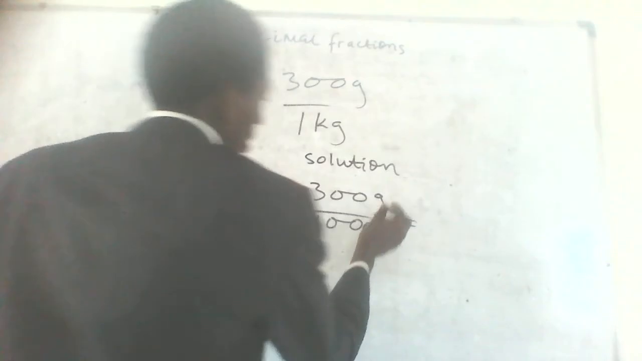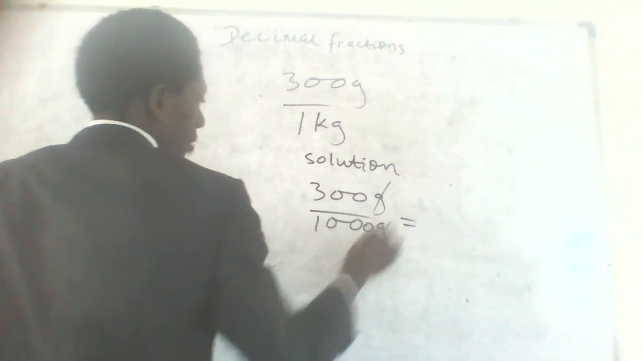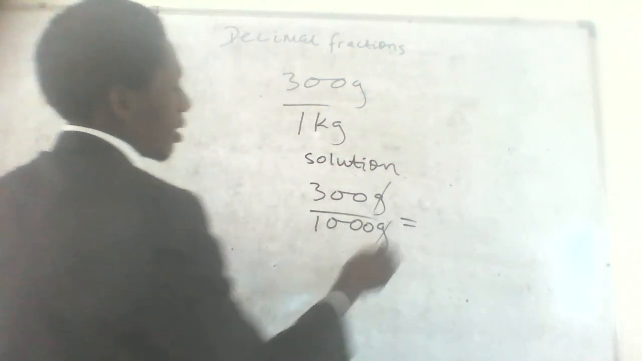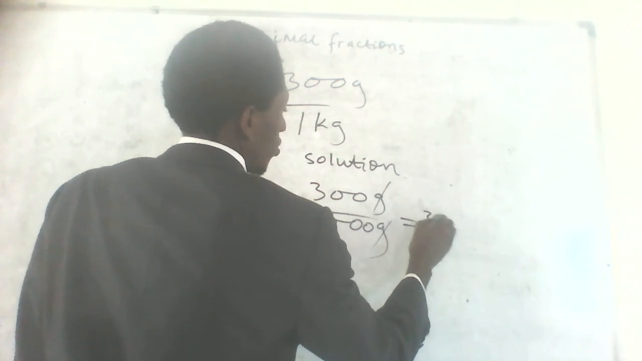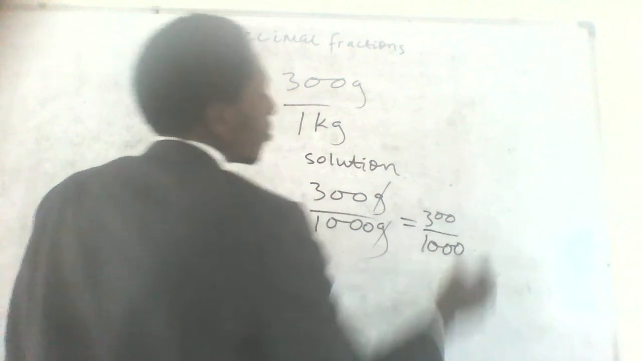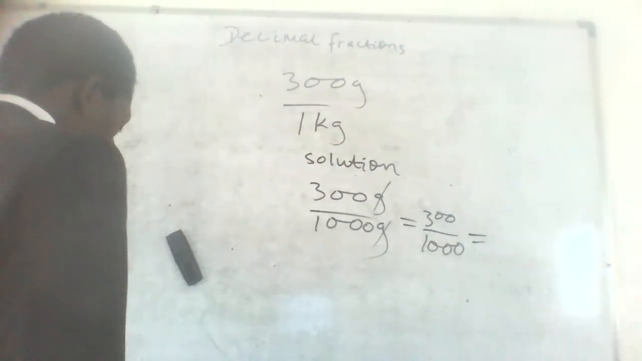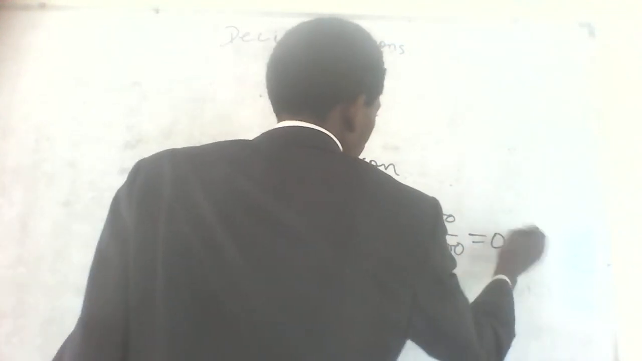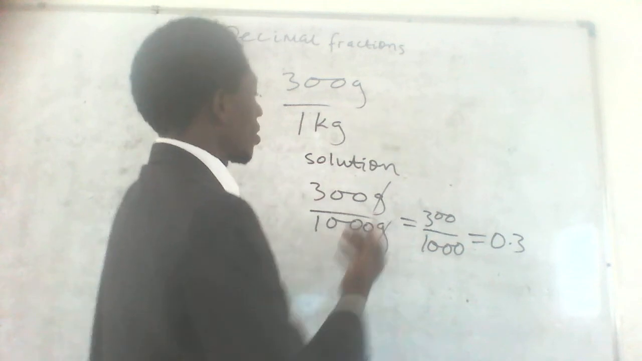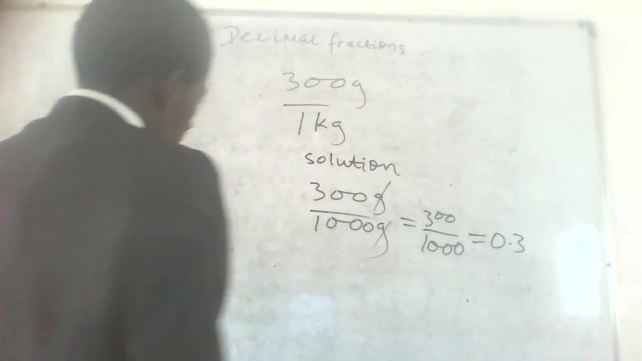Therefore, the units will cancel themselves out. So I will have 300 by 1,000. So I'm going to have 0.3. So there will be no more unit because we have cancelled all the units out. Alright, so